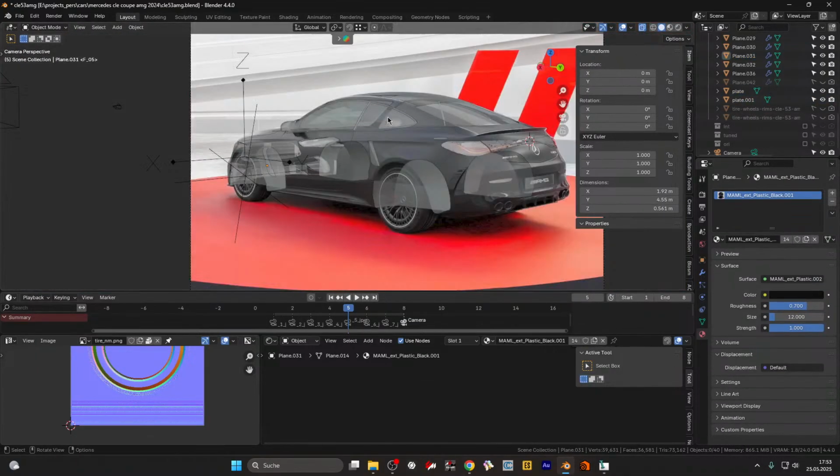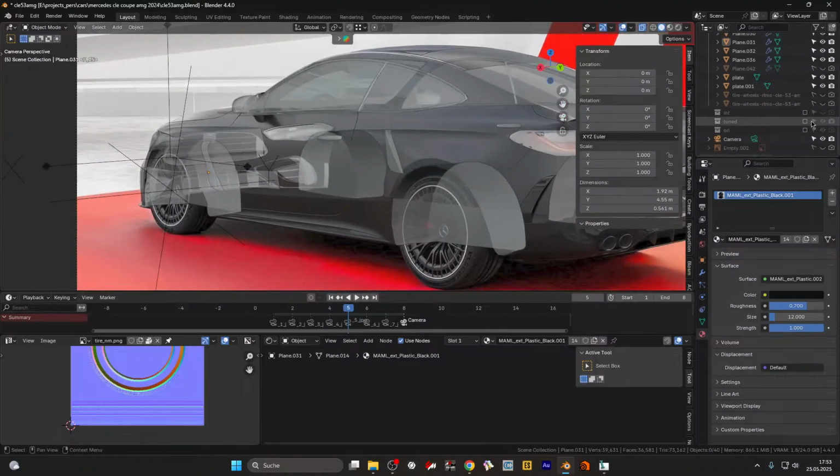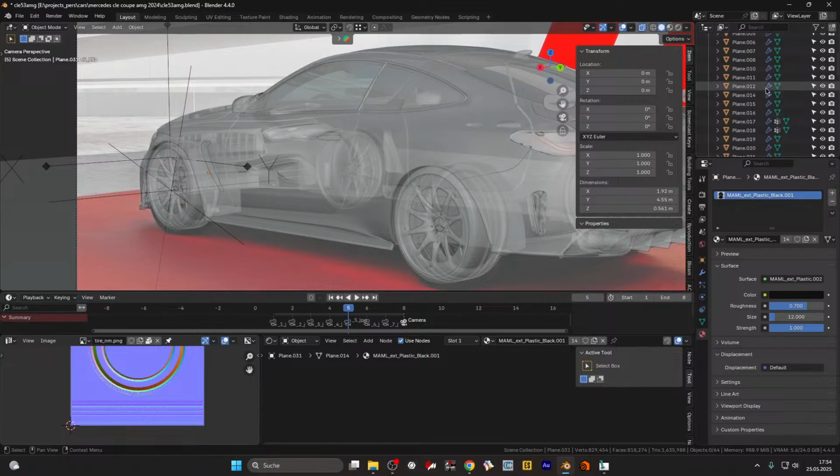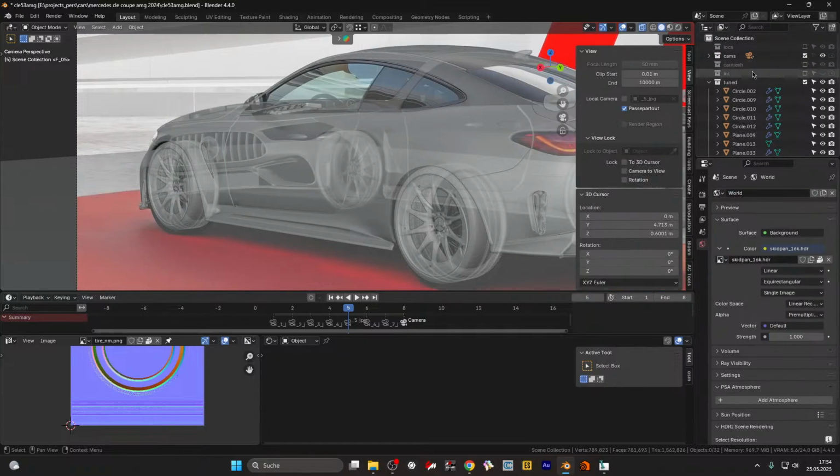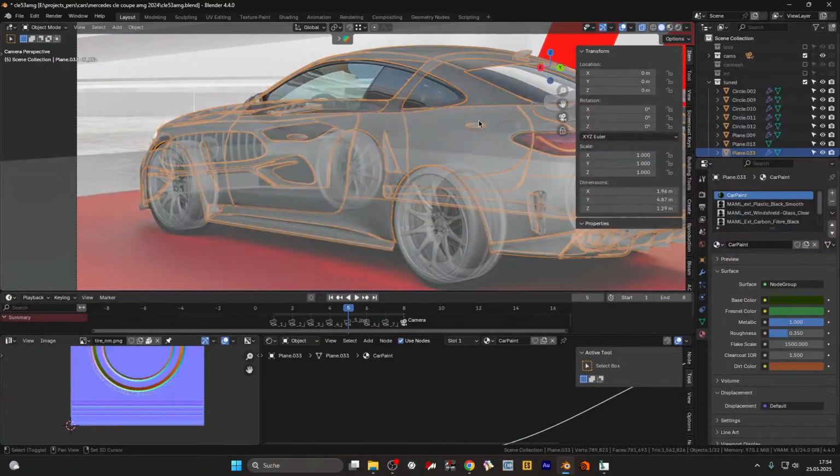Oh, there is no car mesh. That explains it. Take this one back. I actually did create this for the tuned version. I just asked ChatGPT to create a little bit of a wide body kit for me. And if we just take this one,